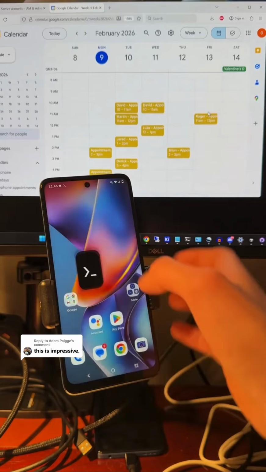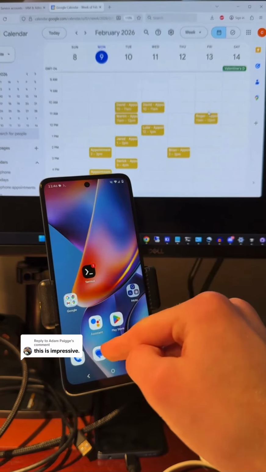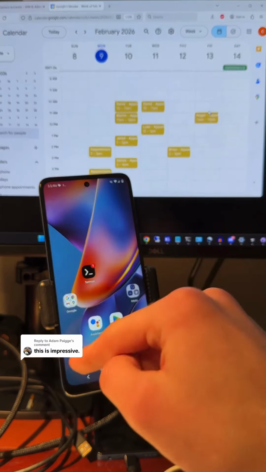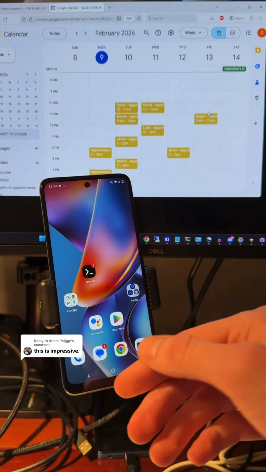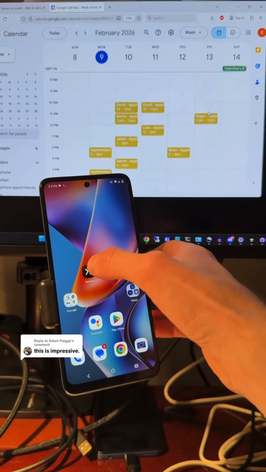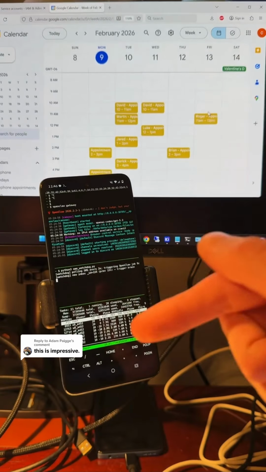So what's cool is I recently added a phone number to the phone. So now it can call and text. OpenClaw can actually make phone calls and also text people, and it can read the text messages and also respond to them. So what I've set up as kind of an example of that is I added an appointment scheduler